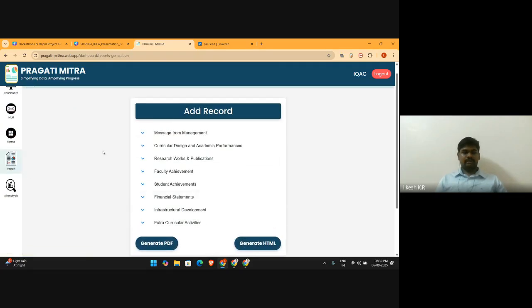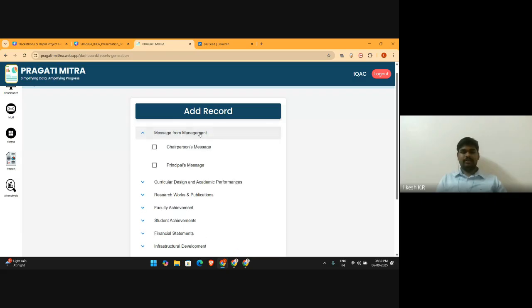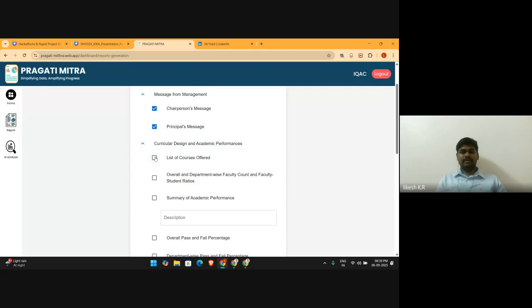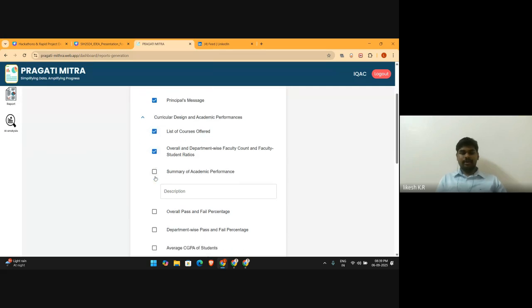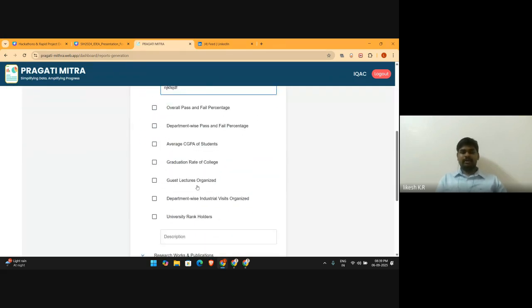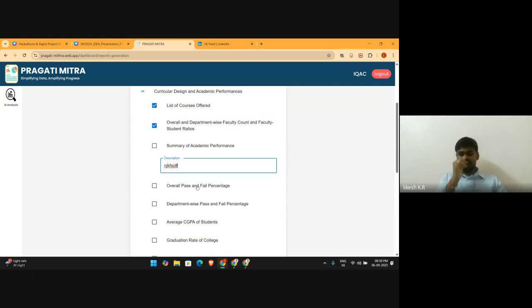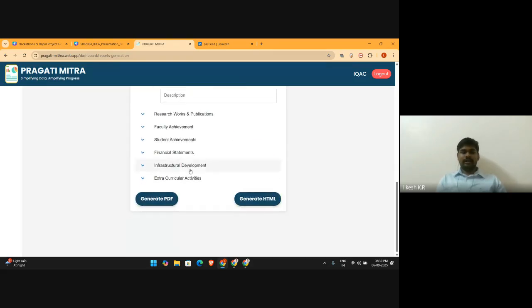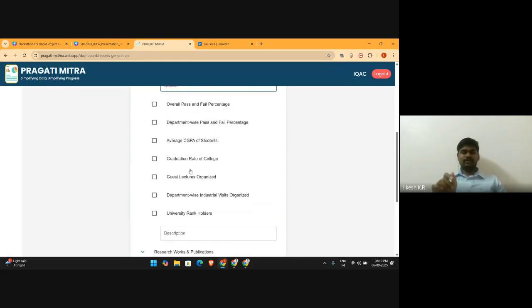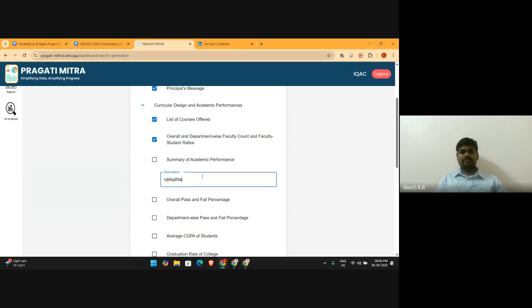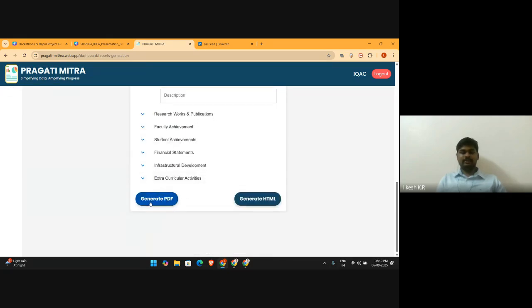This is more or less how our actual report generation would be. You need to select what fields you need to be there in that report. So you can dynamically add content. We have also given a provision for adding an image as well as image graphs over this model, so that whatever you're clicking, checking, or describing in these text boxes would be generated as a PDF. This is the dummy one which we have generated.